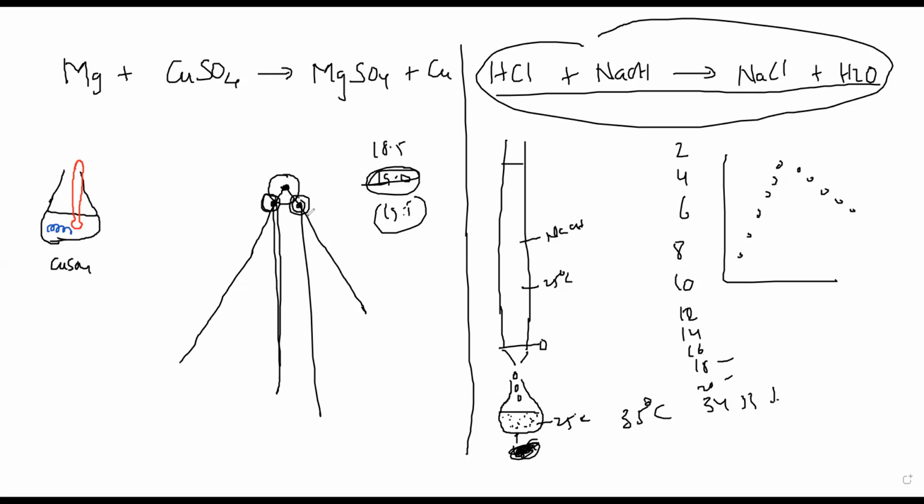The maximum is something else. So that's the reason why, to get the maximum, I need to plot the graph. I need to draw the best fit line for the increasing temperature and the best fit line for the decreasing temperature, and you see where these two lines meet each other. So this is the temperature. If I had added very small portions, then I would have got it here. Suppose after 18, if I had added a small portion, then I would have got my sharp endpoint here. Is anybody still not clear? I'm ready to explain this again.